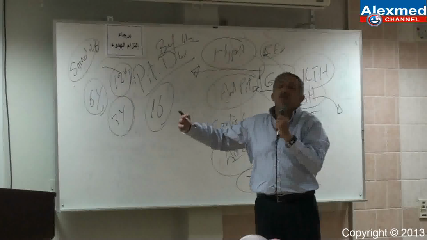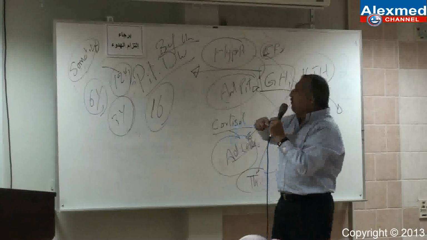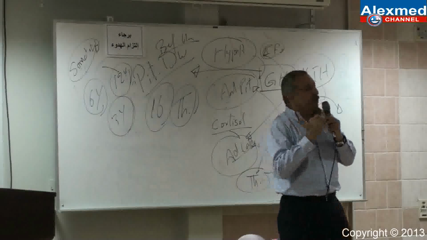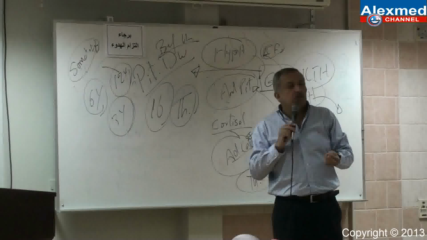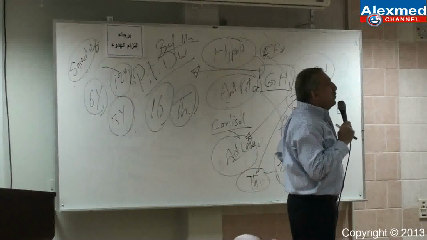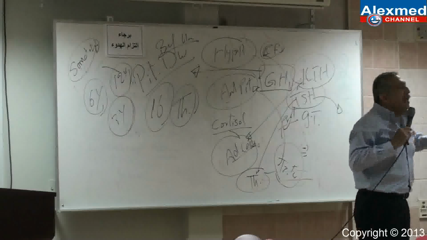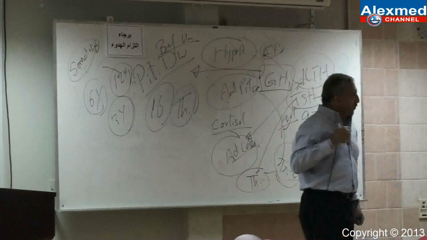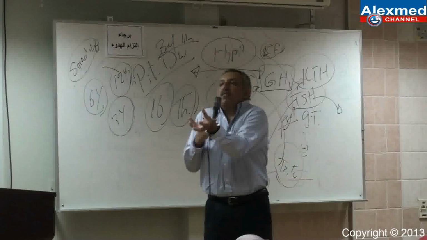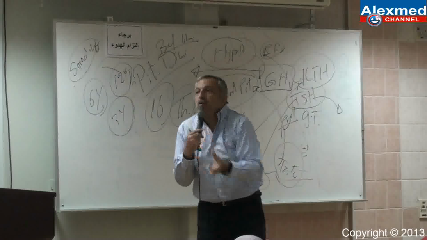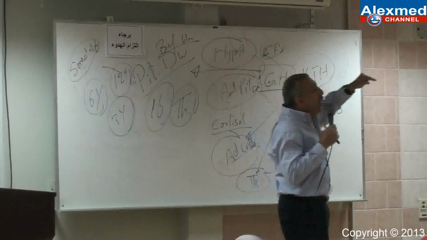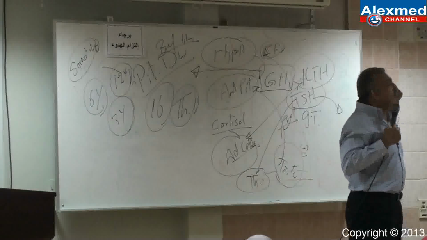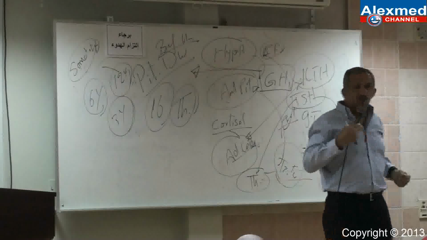I'm going to use ACTH for therapeutic reasons. What's the meaning of therapeutic reasons? I'm going to use it to stimulate the gland, if the gland is suppressed for a long period. What is the main cause of suppression of the gland for long period? Medication. What type of medication? Corticosteroid therapy. Let us understand this.